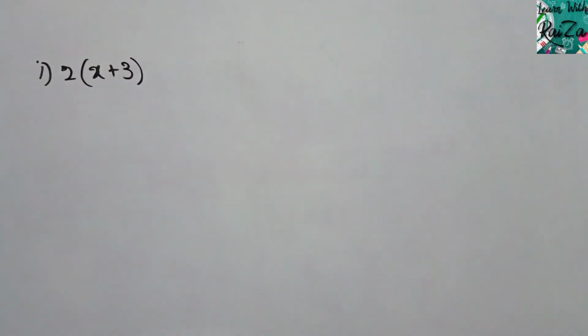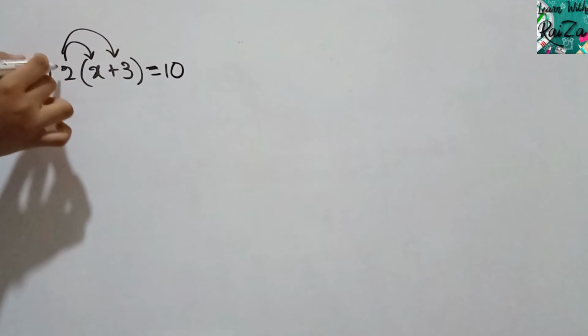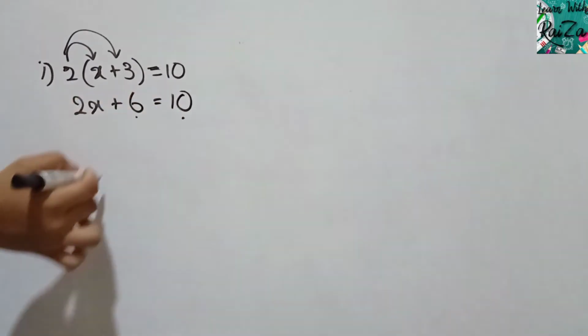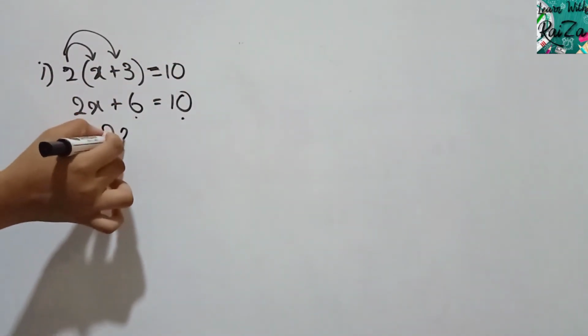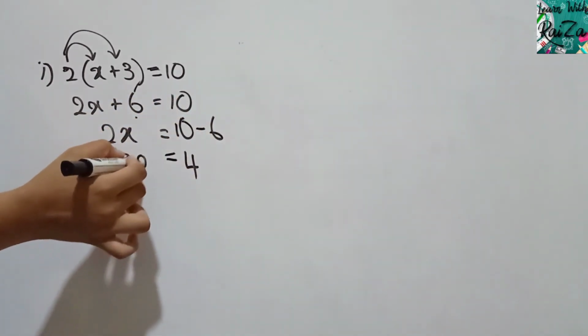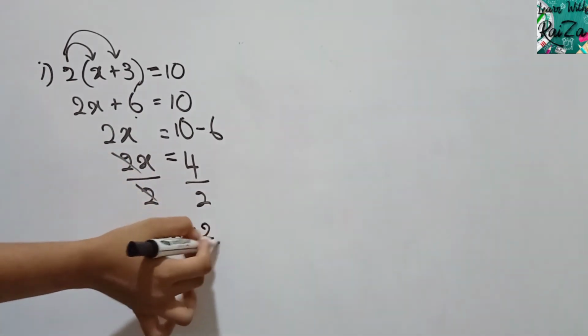Well, now let's move into the last part of the lesson, solving equations having one pair of brackets. If you get simple brackets like this, whatever the bracket, the terms inside the bracket should be multiplied by the term outside the bracket. So 2 times x is 2x, 2 times 3 is 6, equal to 10. These numbers 6 and 10 you can take to the other side, leaving 2x here. So 10 minus 6 is equal to 4. This 4 is equal to twice x. To isolate x, you divide both sides by 2. Then the value of x is equal to 2.